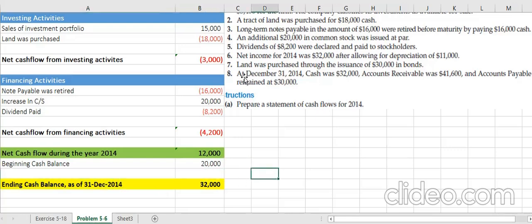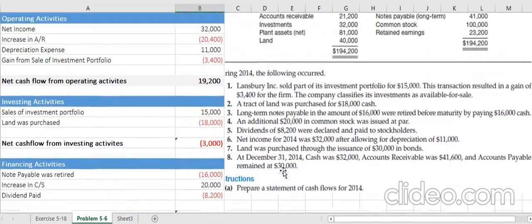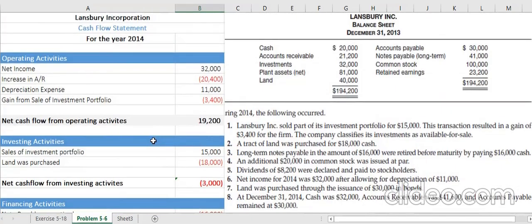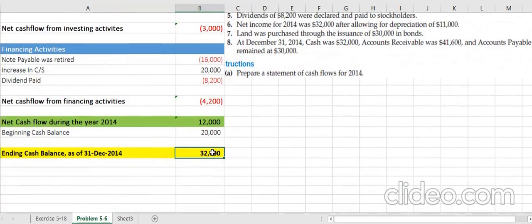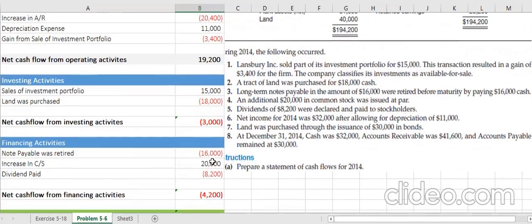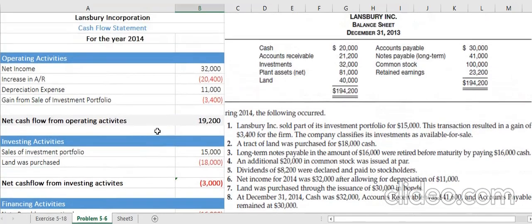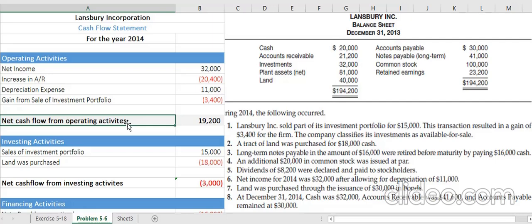So if you see here, at December 31st 2014, the cash given to us in the numerical was also 32,000, and we also got 32,000, which means that our numerical went well. Everything was fine actually. In real life, first we calculate this $32,000 and then we shift it to the balance sheet. It's just that we are doing practice numericals targeted to a particular topic or objective. Okay, so that's why this $32,000 was present to us prior to the preparation of the cash flow statement. So this was the solution of the exercise